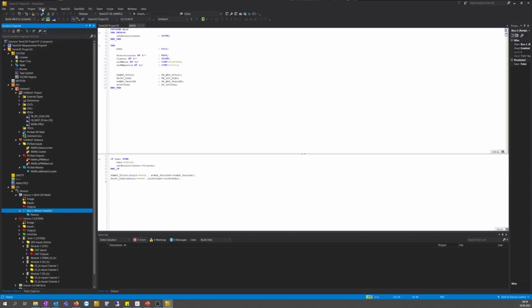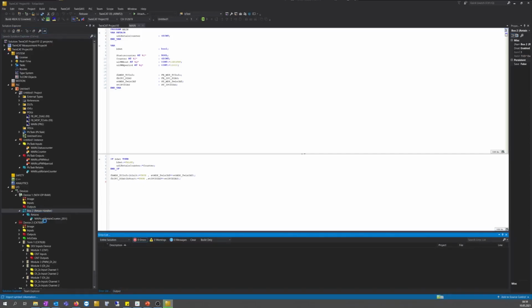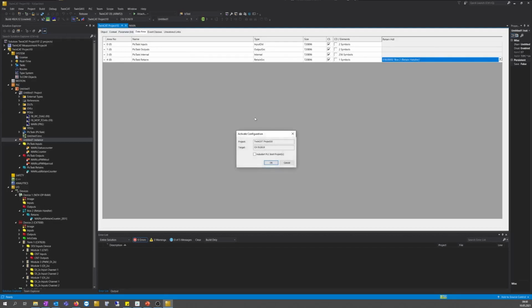And after a rebuild of the TwinCAT solution, the link between the software and hardware will be set automatically. And if it is not set, we have to set this to the retain handler on the tab data area. After a reactivate configuration,